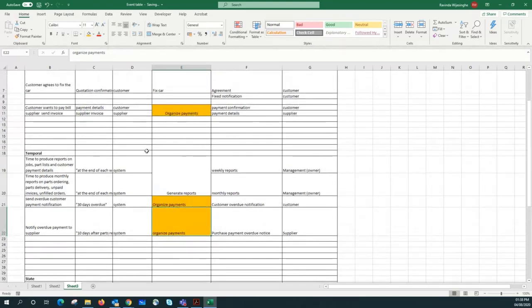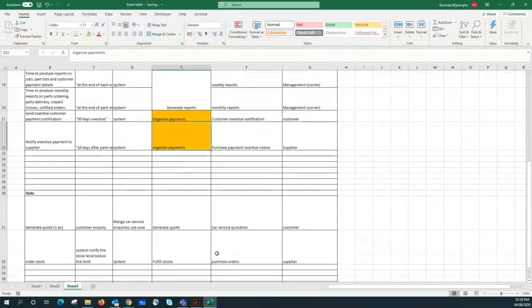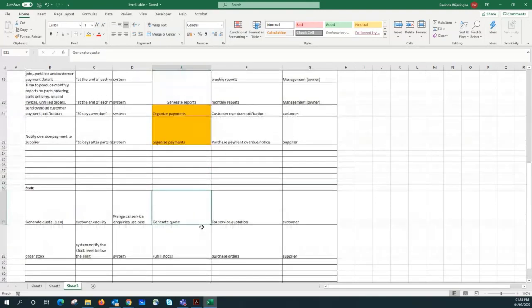Right. So you can see there are a bunch of this organized payment looks like actually a very big complicated use case now, right? So actually we can break it down into a further smaller level later on. Okay? But at this level, I'll keep it as this. And then we have a state events generate the code. So I'll leave it as is, or maybe generate code. We can actually